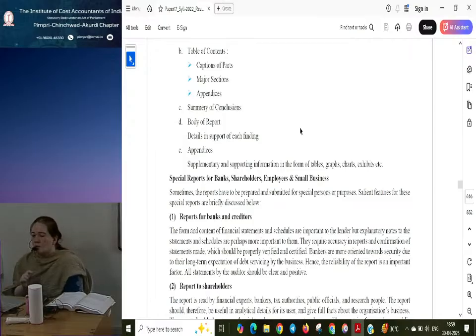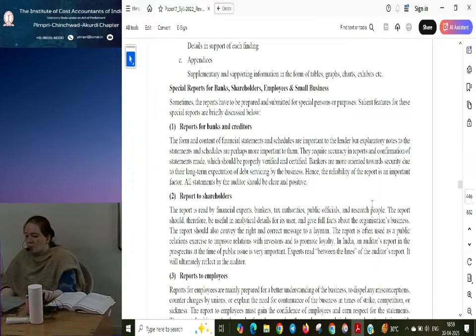Fine. So you also need to understand to whom it is addressed. For example, bankers and creditors will be much interested in the efficiency of the business and the financial position of the business, which will help them know whether the company will be able to repay the principal amount borrowed and the interest on time. So looking at that purpose, whatever important information relates to it needs to be populated in the management audit report.